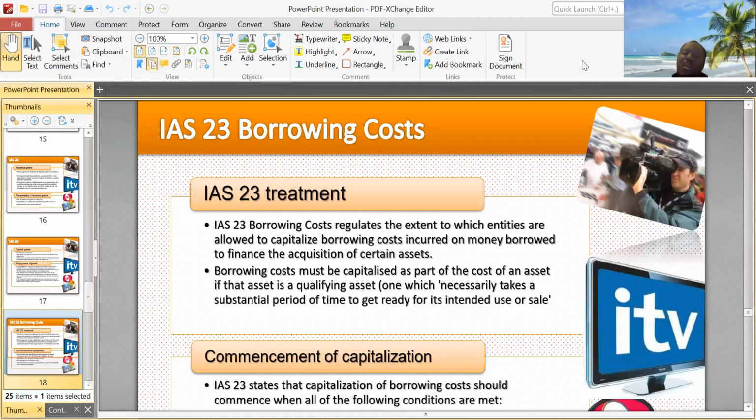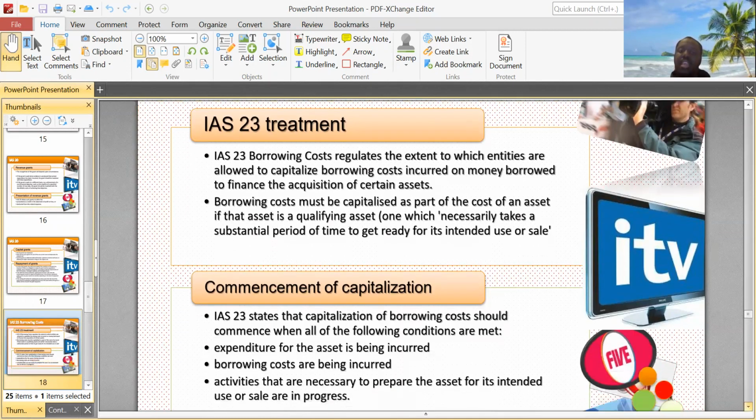But you may be asking, what is a qualifying asset? It's a technical term, right? A qualifying asset is one which necessarily takes a substantial amount of time to get ready for its intended use or sale. That's what we mean by a qualifying asset. One that takes time to get ready for its intended use or sale. So like a plant, it takes a while to install a plant and make sure that everything is working and everything is fine. Like some of these huge plants that you have in factories, it takes a while to install them. So borrowing costs must be capitalized as part of the cost of the asset